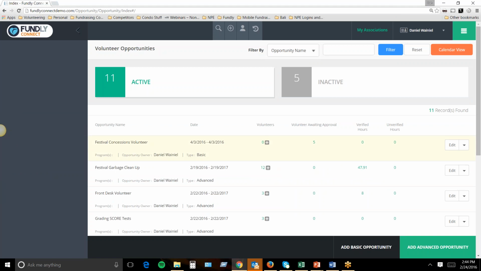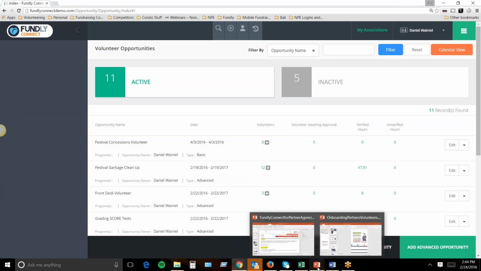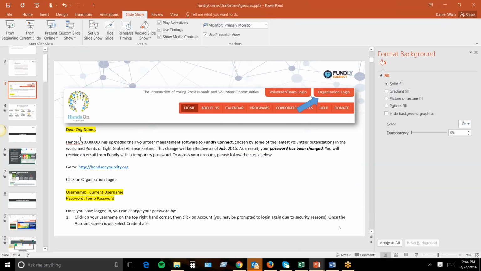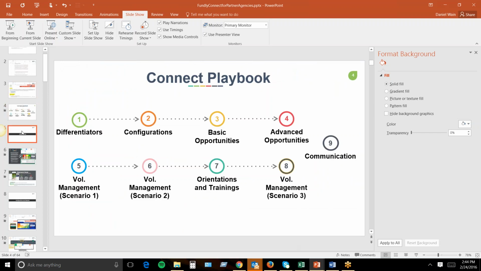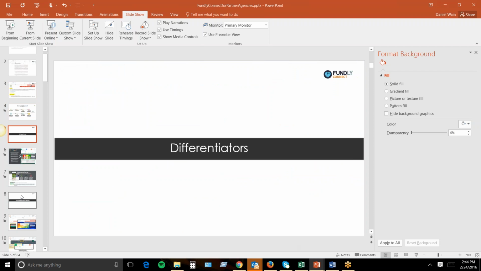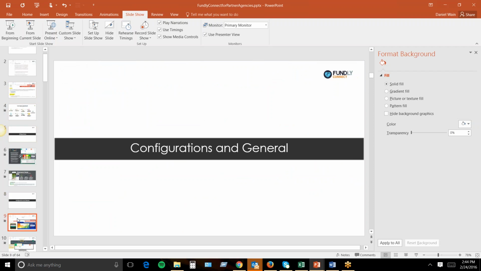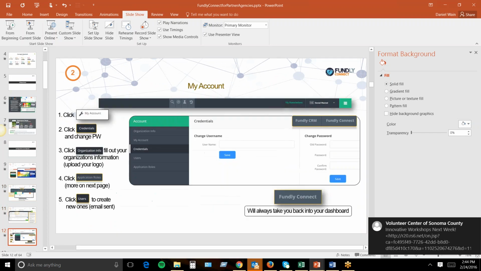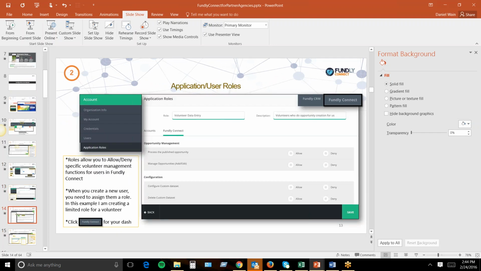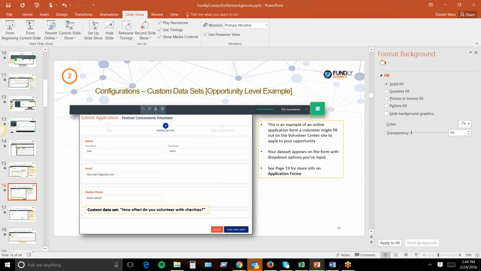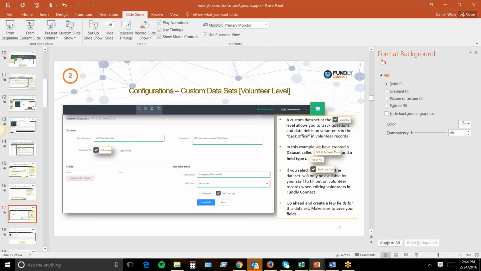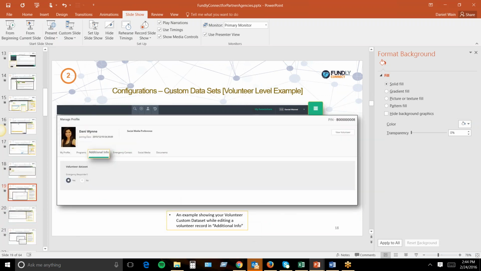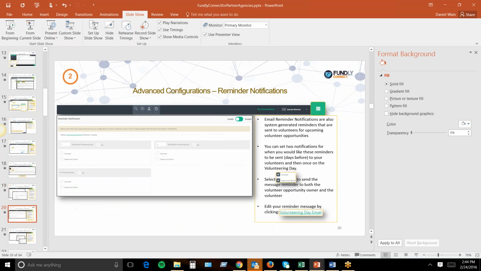And for those of you wondering, before we actually create an opportunity, I have a partner guide. So we have a Fundly Connect playbook, which reviews a lot of this information. So I've put together different slides that show how to do each specific function in the software step by step